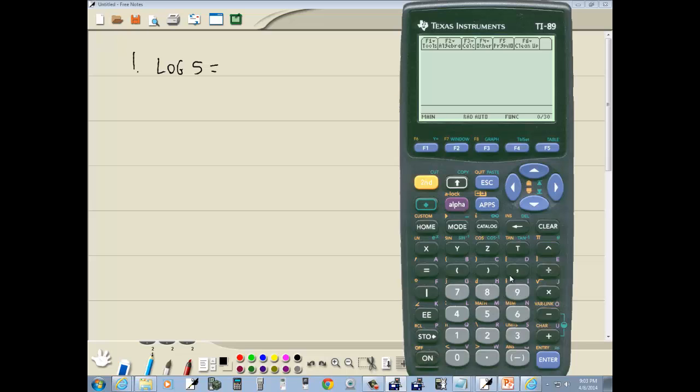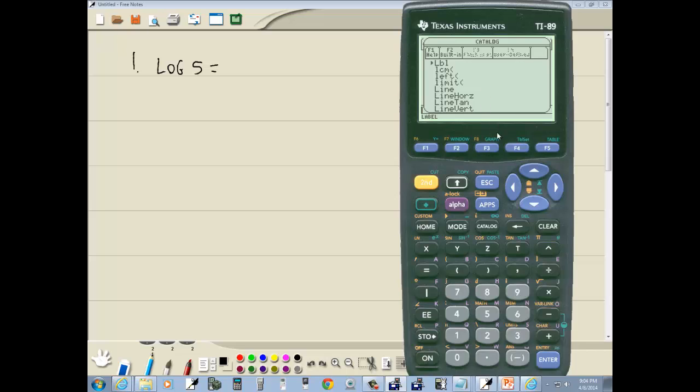Okay, so I want to go into the catalog, and you're probably not sitting there at the L's. Let me go up to the top. You're probably sitting right here. Now you can down arrow to get to the L's, and that'll take you a while. Or you see the L is above the 4. So if I do alpha 4, and you might have to do alpha 4 twice, that'll take you down to